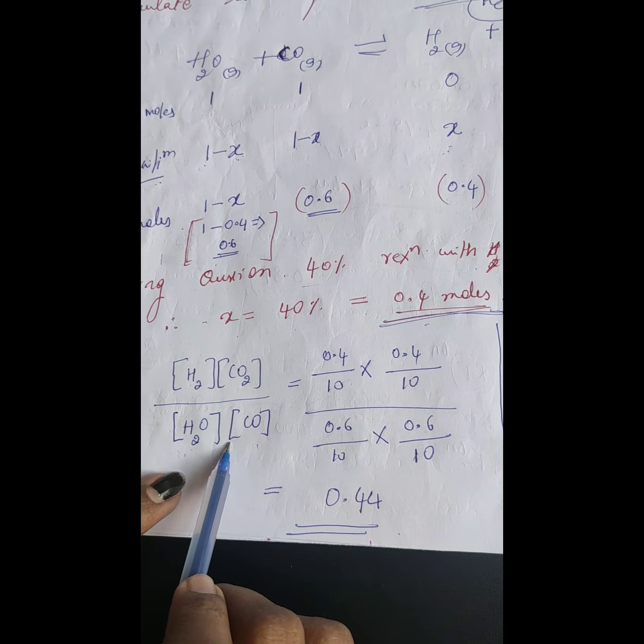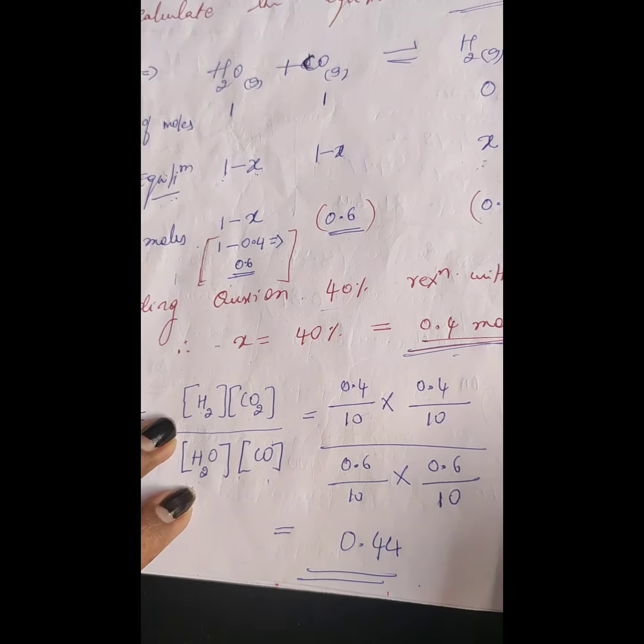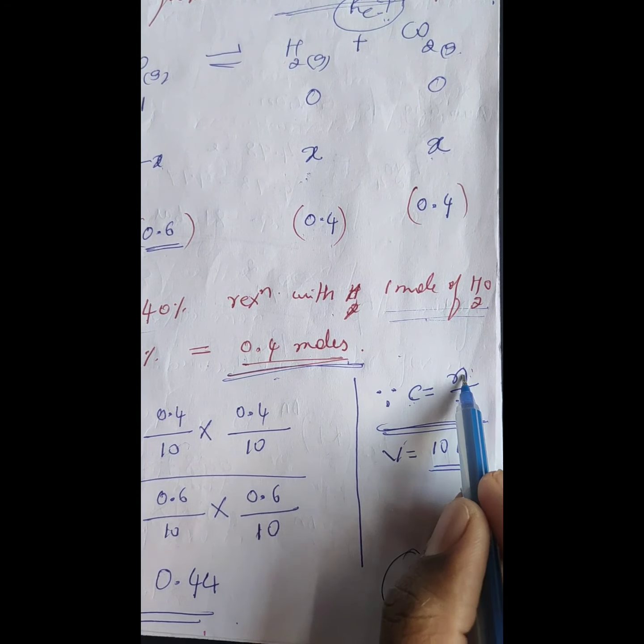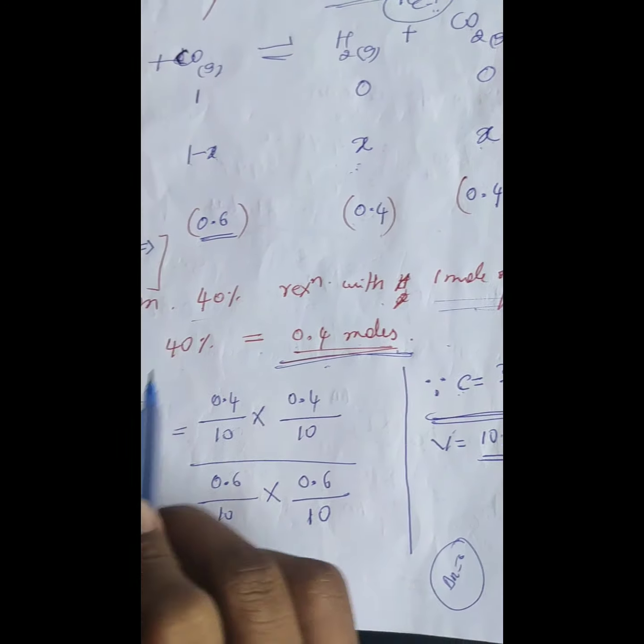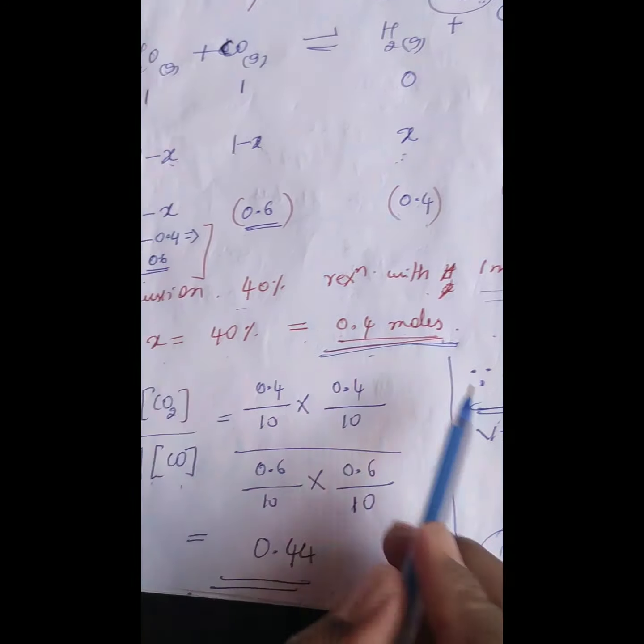So the concentration value has not been given directly, but indirect data has been given. You have to consider that concentration is nothing but the number of moles divided by volume. The number of moles of each substance was calculated according to the chart and given data, and the volume is provided: it is a 10 liter vessel, isn't it? Read the data or question properly.